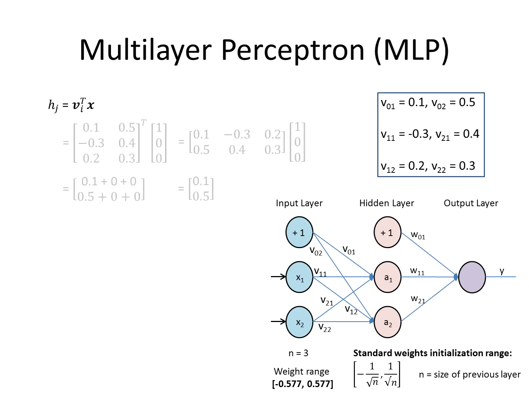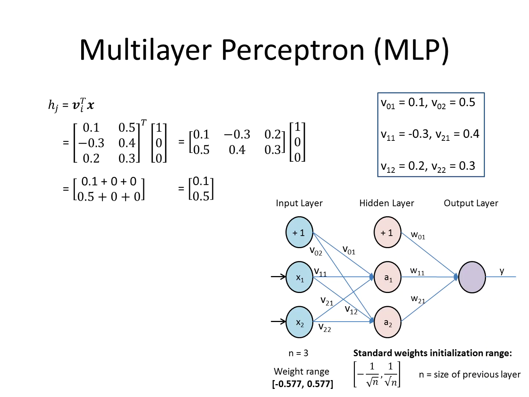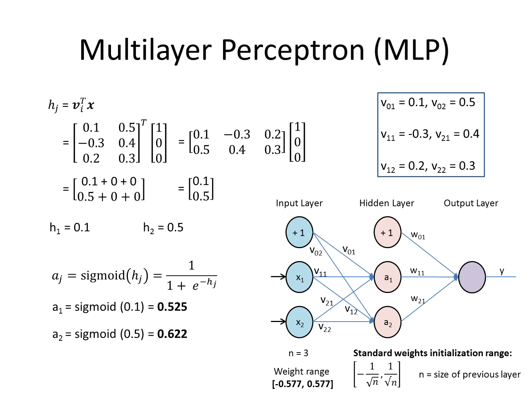So here the weighted sum will be taken. First we need to figure out the weighted sum of the input. Here is the weight matrix, and this is the input, first being 1 0 0. After calculation it gives me the output 0.1 and 0.5, so the values of a1 and a2 are 0.1 and 0.5. Further, it will pass through the activation function of these neurons, and after passing through the sigmoid it gave me the output as 0.525 and 0.622, which will be the outputs of a1 and a2.